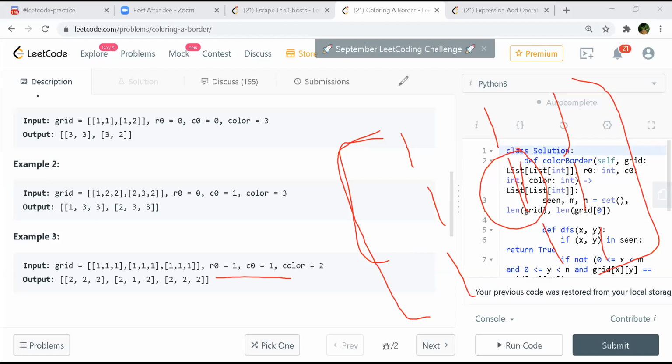So this sounds like a normal DFS, right? Start from whatever given row and column, and if it's a border, keep coloring, and then look for the remaining connected ones with DFS in all the 4 directions. Yeah. But then how do you find it is a border? Because now here the border is the border of that grid, right? But if it was something inside,